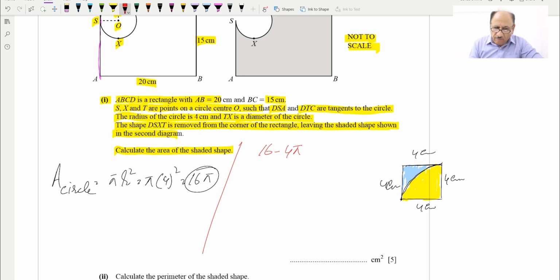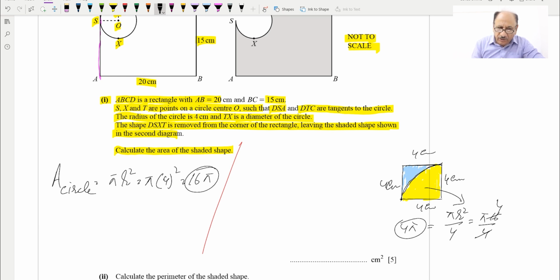16 will be area, and 4 pi we will calculate first. We can do one thing, we can calculate area. This will be pi r square by 4, which is, radius will be 4, so pi into 16 over 4, so 4 4s, so this will be equal to 4